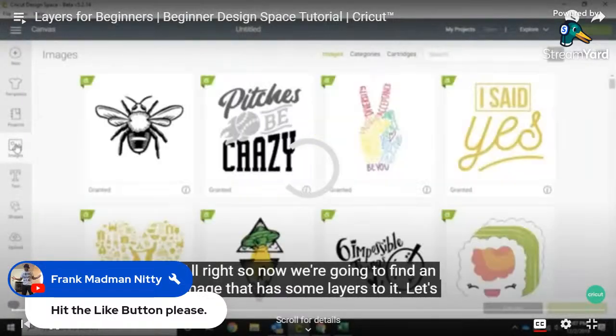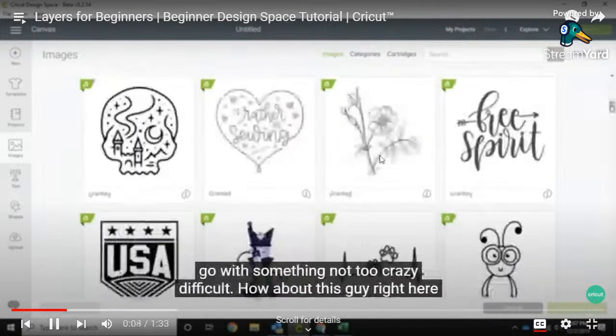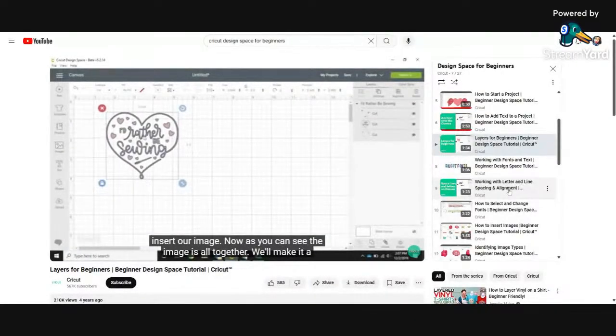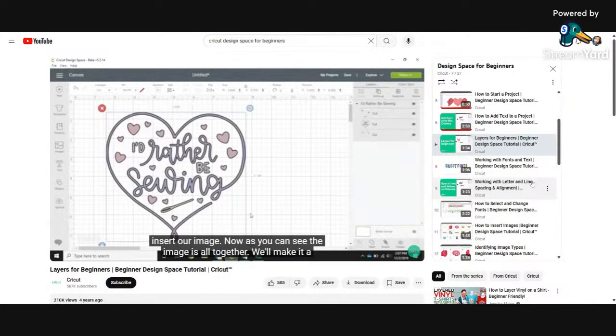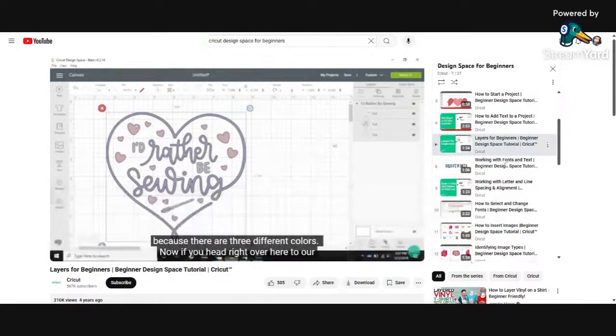All right, so now we're going to find an image that has some layers to it. Let's go with something not too crazy difficult. And so we're going to insert our image. Now, as you can see, the image is all together. We'll make it a little bit bigger so we can see it easier. But we do have 3 different layers, and we can tell there's 3 different layers right off the bat because there are 3 different colors. Now, if you head right over here to our layers panel,